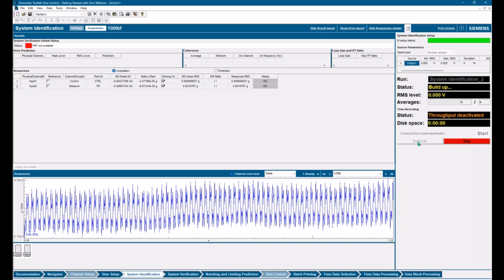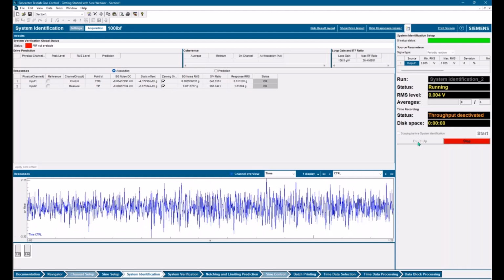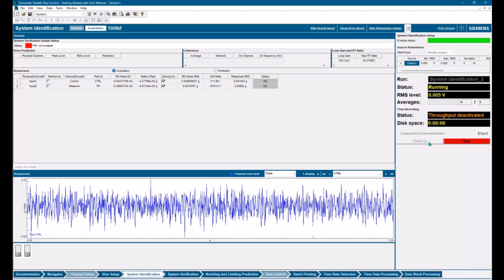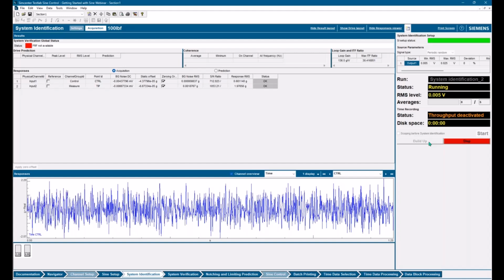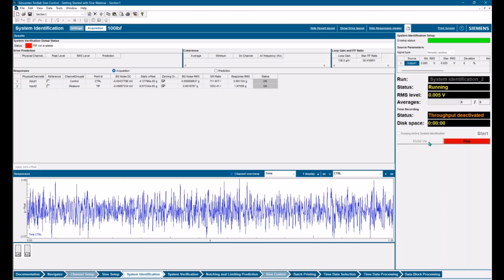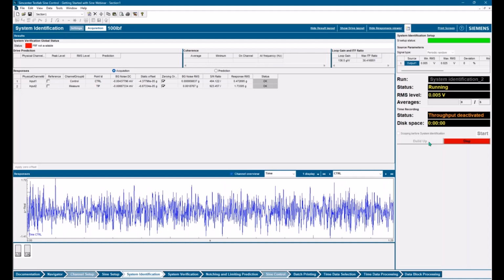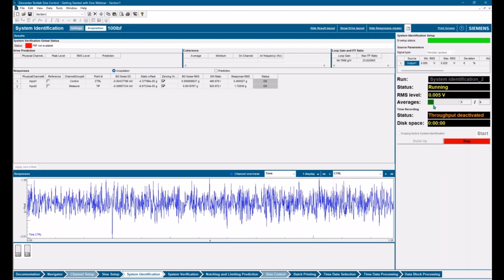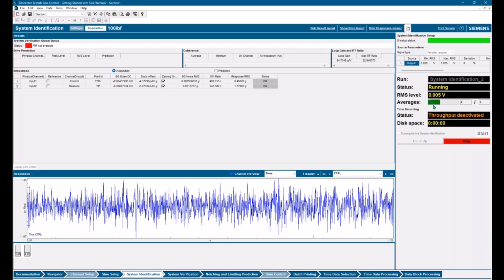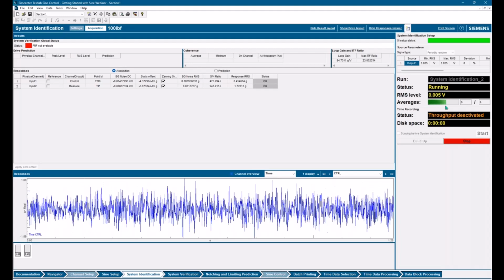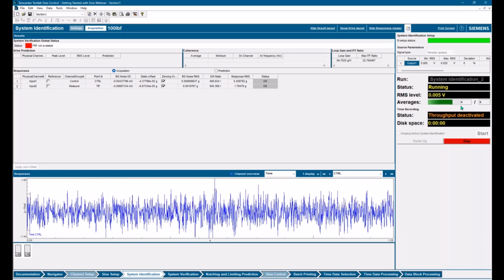So we've got our buildup, measured our noise, and now we're starting to take data. And we'll see these blocks are captured a lot faster. So this is an option for you to speed up the pretest. Again, depending on what you're trying to do, it may or may not be appropriate, but it is an option for you.